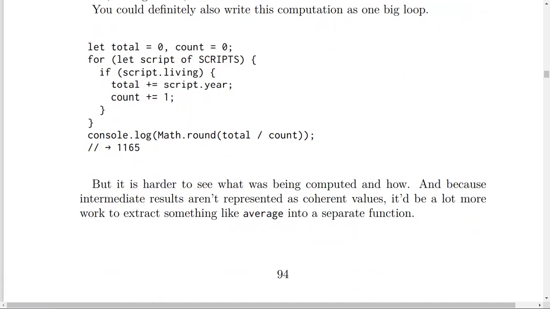But it's harder to see what was being computed and how,